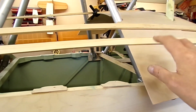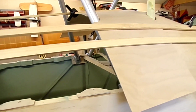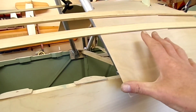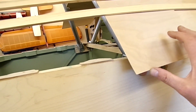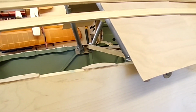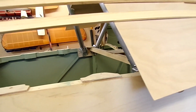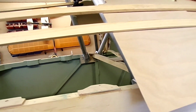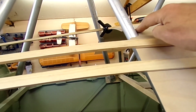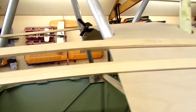Well, I'm starting to sort out the front section here of the combing. I've made this too wide. It should be about 20 centimeters, 200mm long once it's there, but I've got about an extra half inch or so, 15mm too long. Allows me to get these cutouts sorted out, final position, and I can trim off any